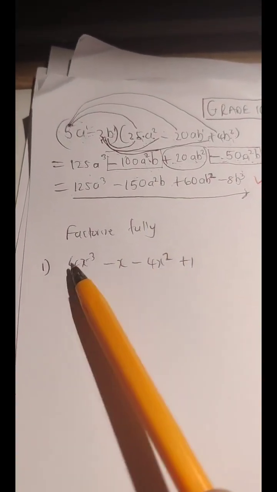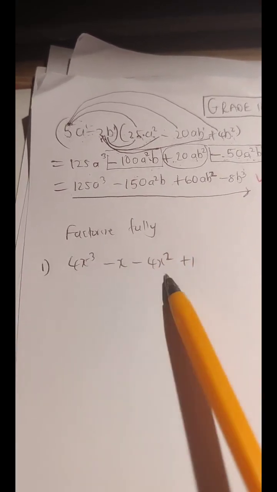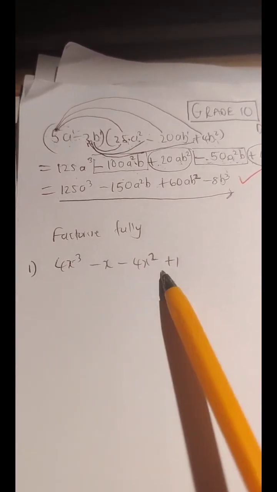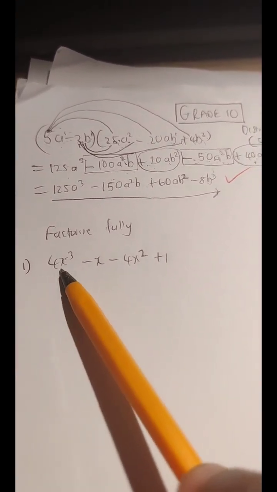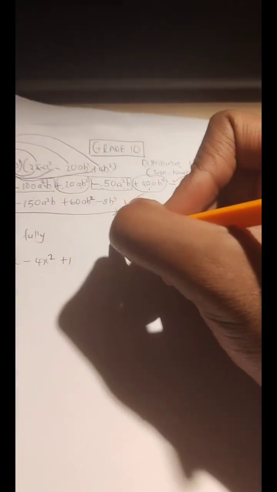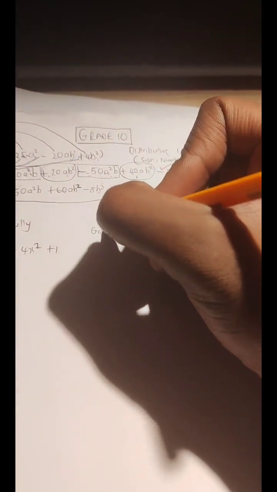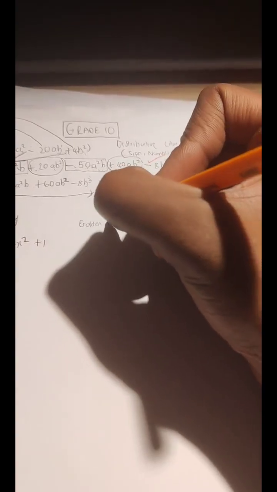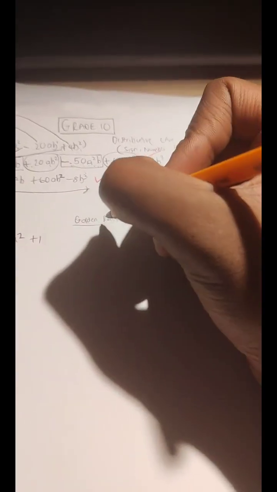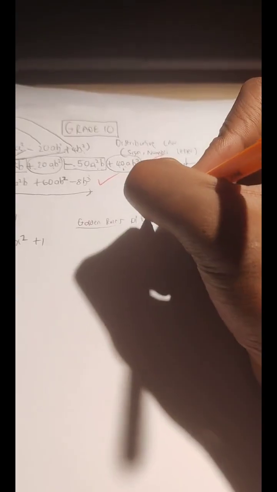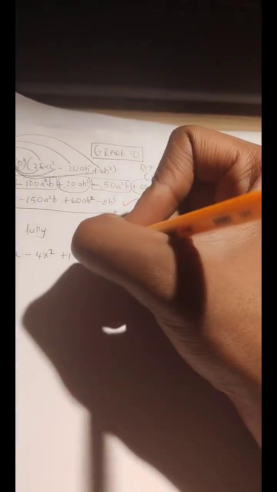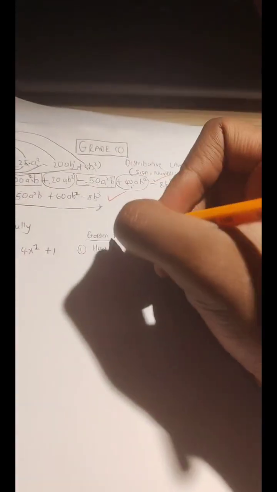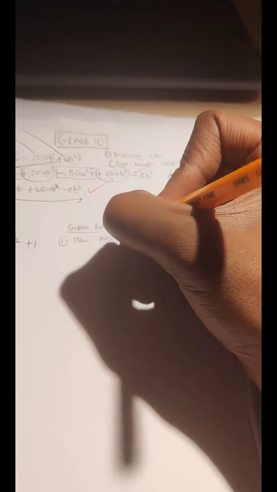So we're going to look at this question now that says factorize fully. Guys, when we are factorizing, as I was saying before I was interrupted, with factorization there are steps that we need to go through. We call them the golden rules of factorization. What are the golden rules of factorization? The first question you always must ask yourself when factorizing is, how many terms are in the expression?